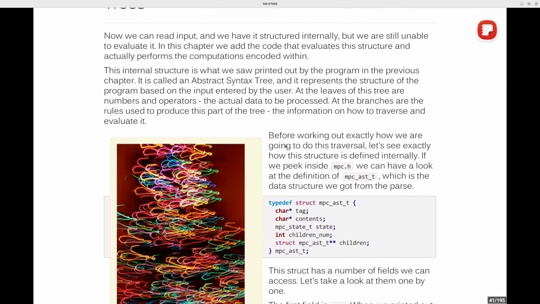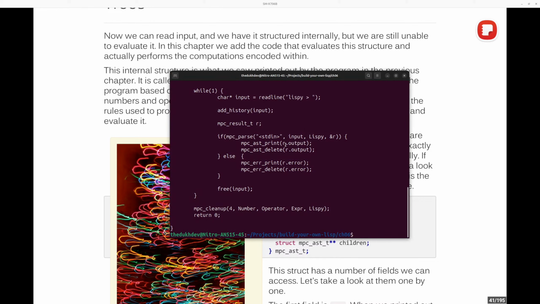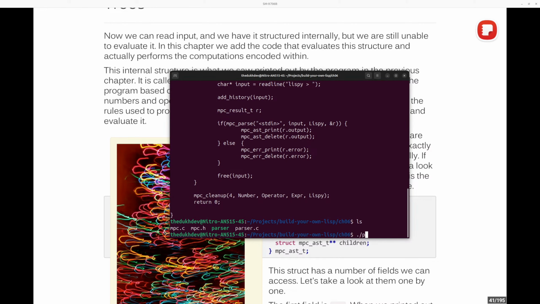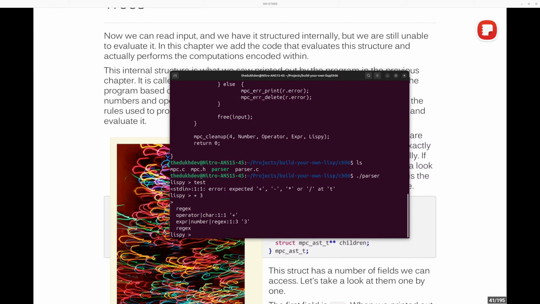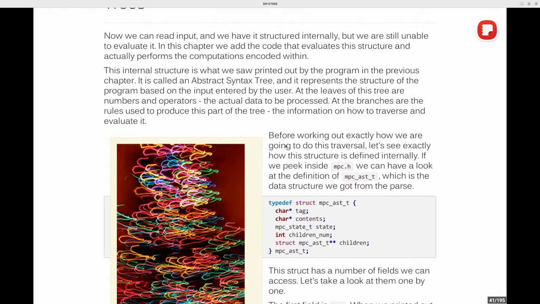This internal structure is what we saw printed out by the program in the previous chapter. This internal structure is called an abstract syntax tree, and it represents the structure of the program based on the input entered by the user. At the leaves of this tree are numbers and operators, the actual data to be processed. At the branches are the rules used to produce